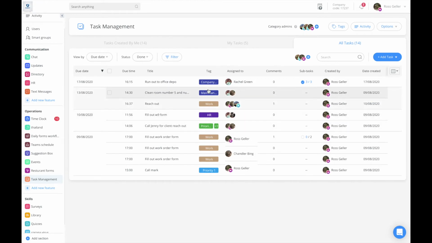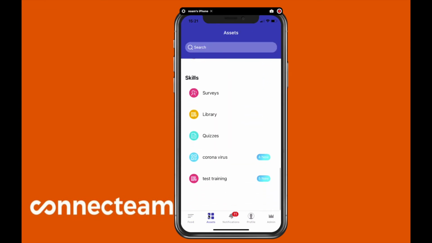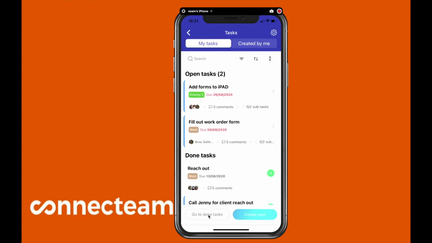Let's see how this looks on the mobile app. Once entering the mobile app, click on the Assets tab located on the bottom and click on Task Management. Click on the filter icon located on the top